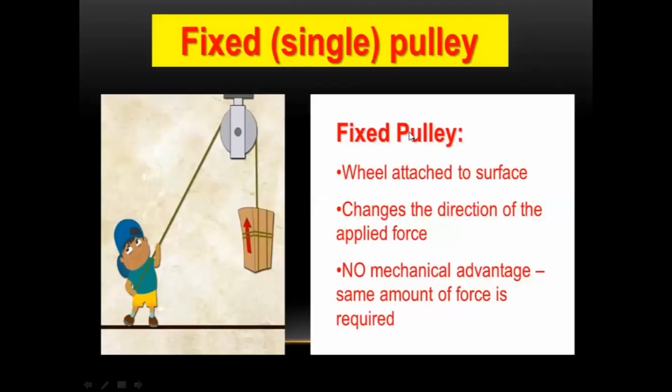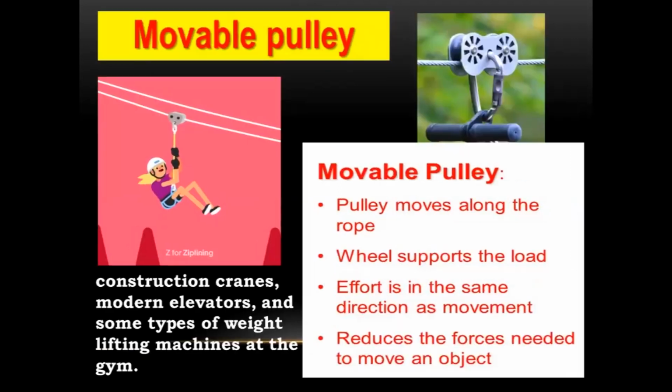And then we'll move on to the characters of a fixed pulley. So what is a fixed pulley? As you can see, it is fixed to a surface, so we call it a fixed pulley. What does it do? It helps in changing the direction of the force applied. That is, it helps in changing the direction of the effort. Then this is a movable pulley. So you saw what a fixed pulley is. A fixed pulley is something that is fixed to a surface.